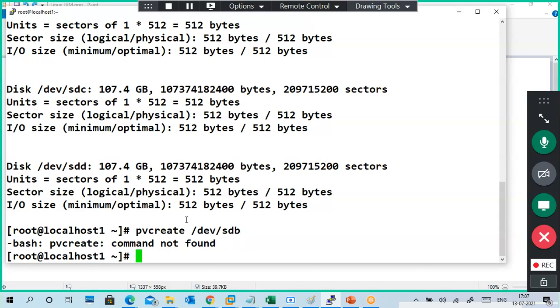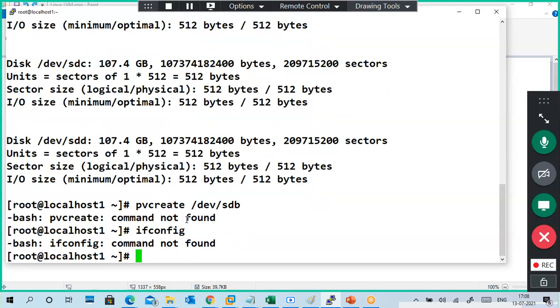The command is correct. The problem is that the LVM related package is not installed in this operating system. For example, ifconfig is a correct command, but it is not understanding that command, because for every command, the relevant package should be installed.